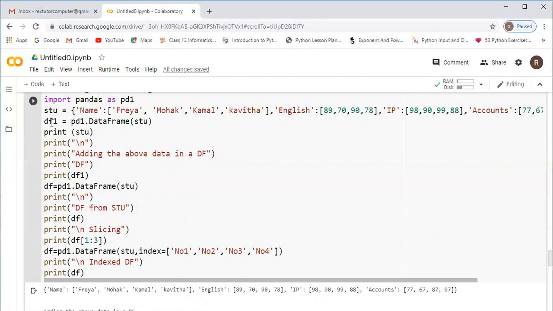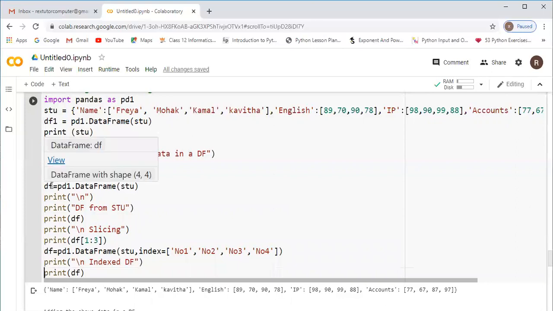See here, df1 is equal to pd.DataFrame of stu. Now instead of this df1, a new data frame object is given over here, that is the df. So if you create one dictionary like this, however many data frames you want to use, you can use. That is the difference I want to show you. I have given here df1 is equal to pd.DataFrame of stu.